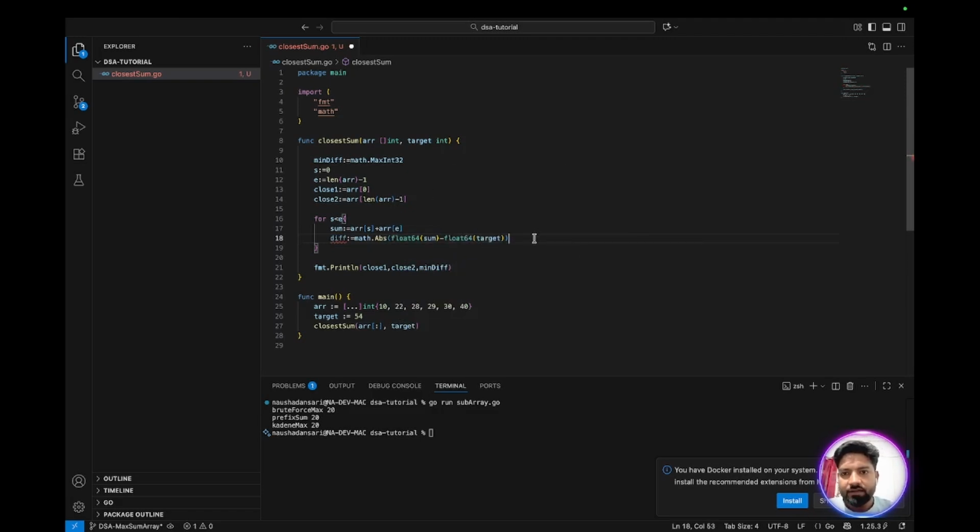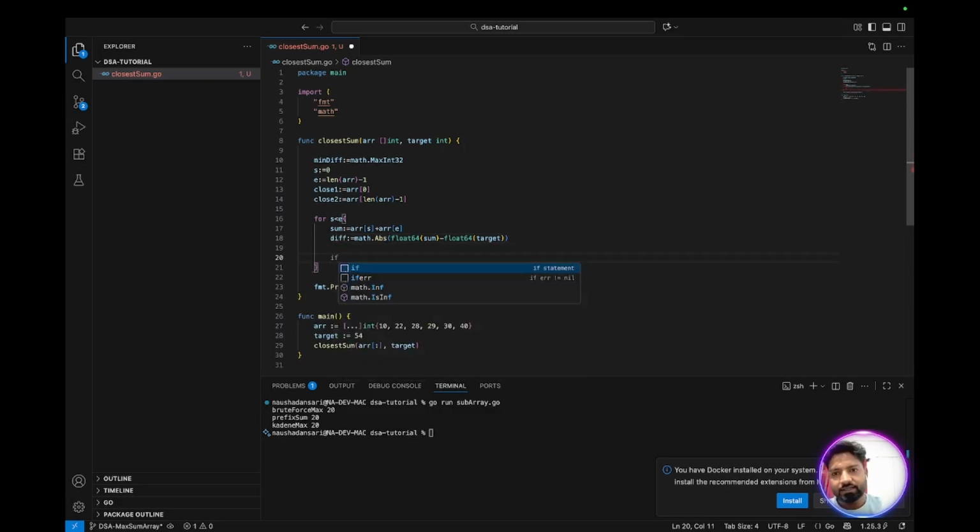Then after diff, we just check if diff is less than our min diff, right? In that case,